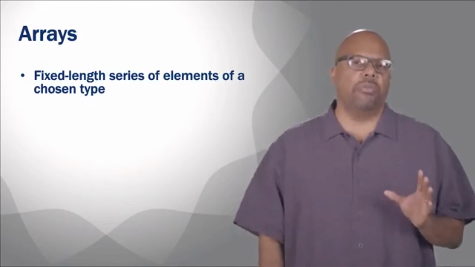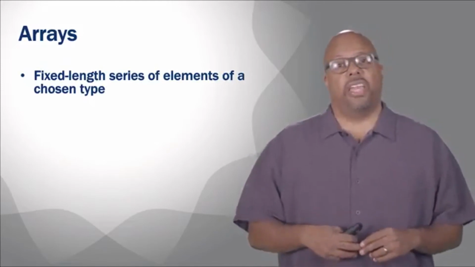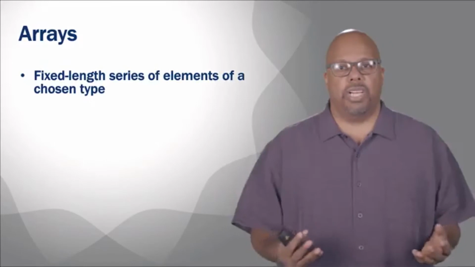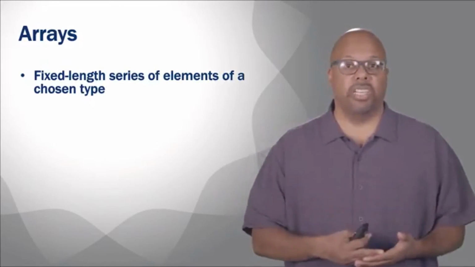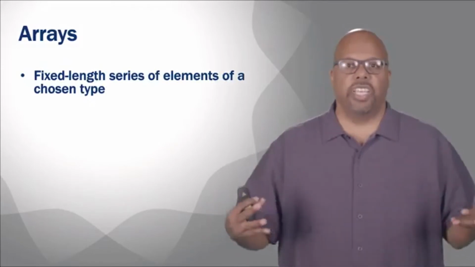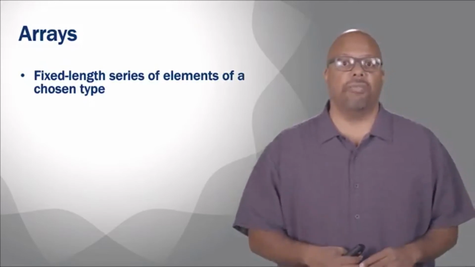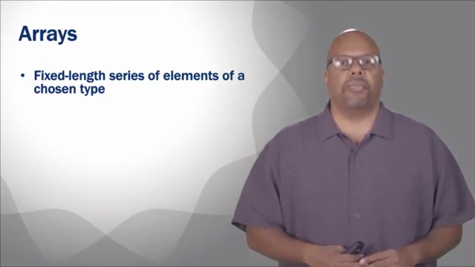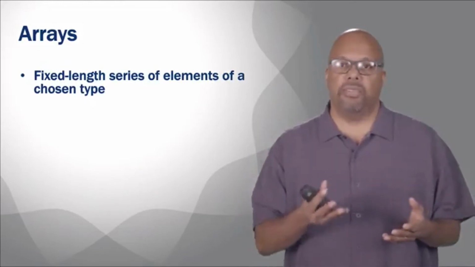Just in general, these composite data types are important. In any kind of complicated program, you're going to need to use composite data types. It's not enough to use the fundamental data types. You need to bring together different data types and group them and aggregate them into some kind of composite data type. So you have different array elements, and each one is some chosen type. Maybe it's an integer array.